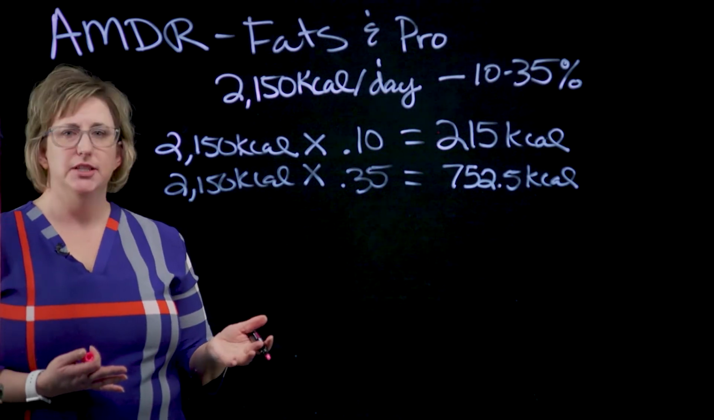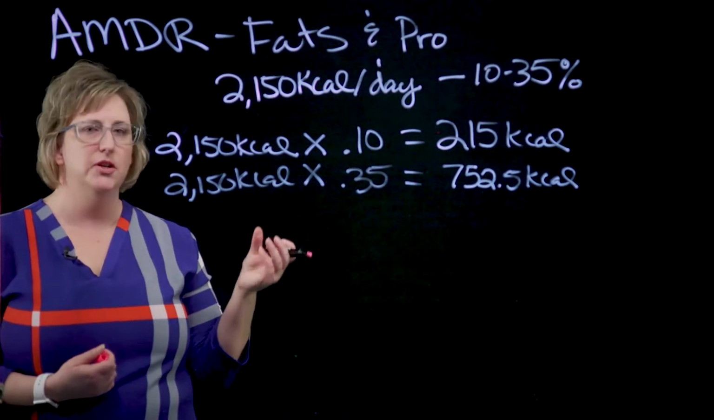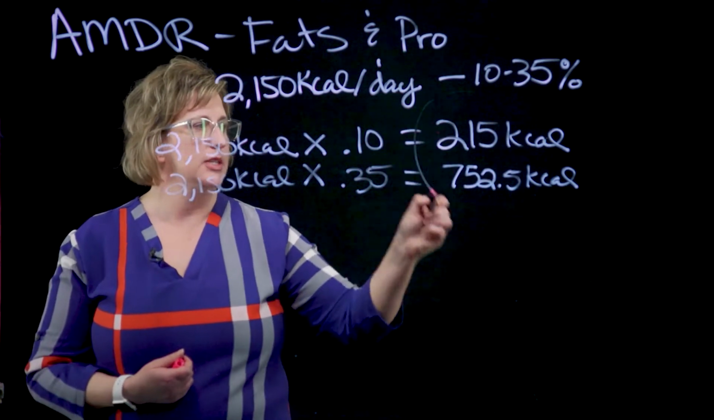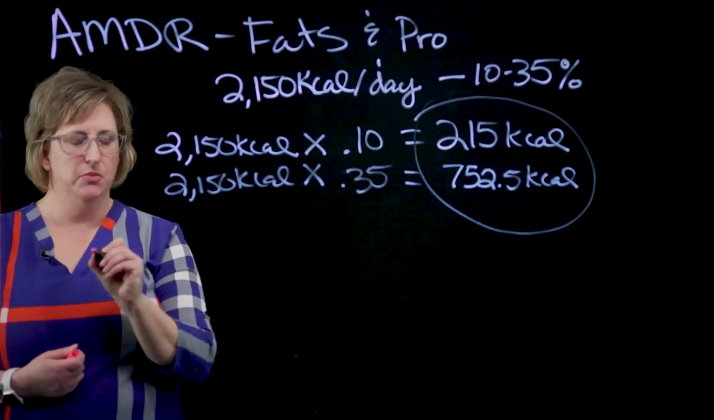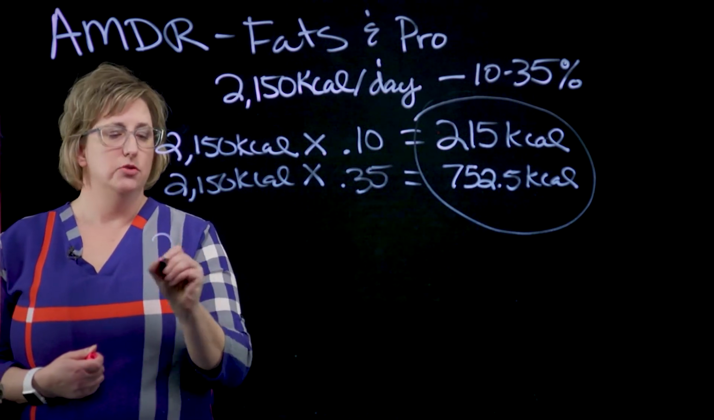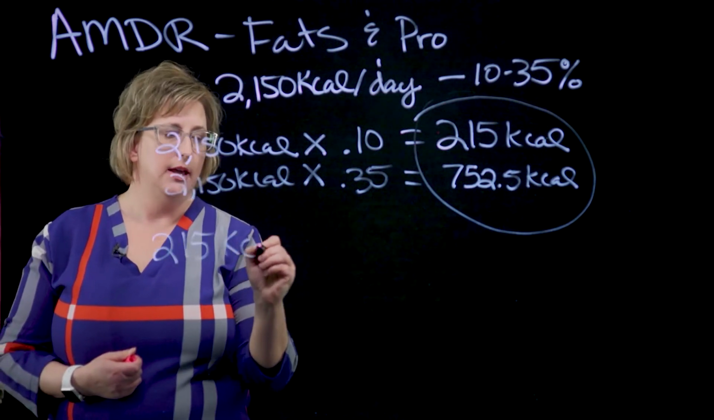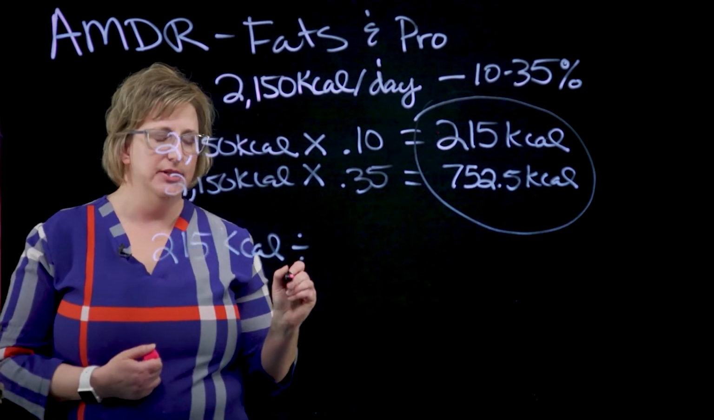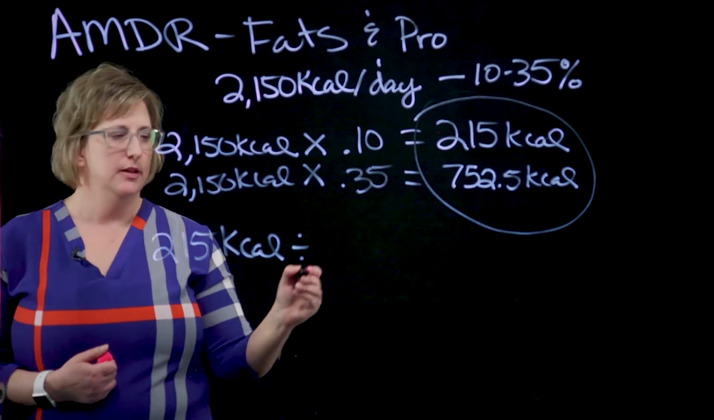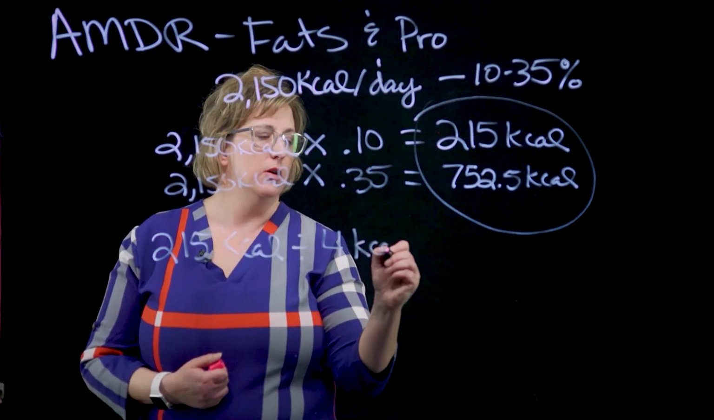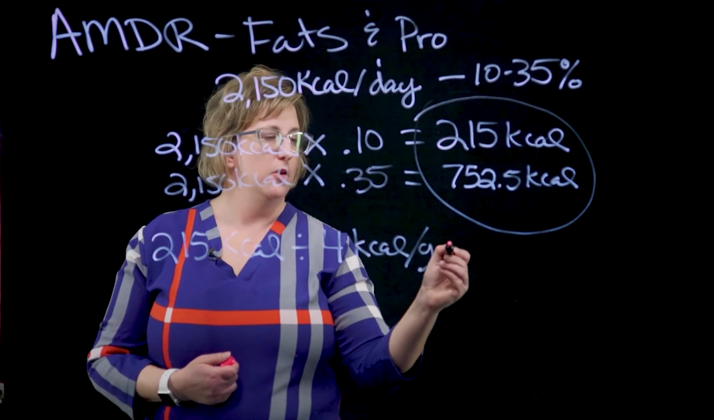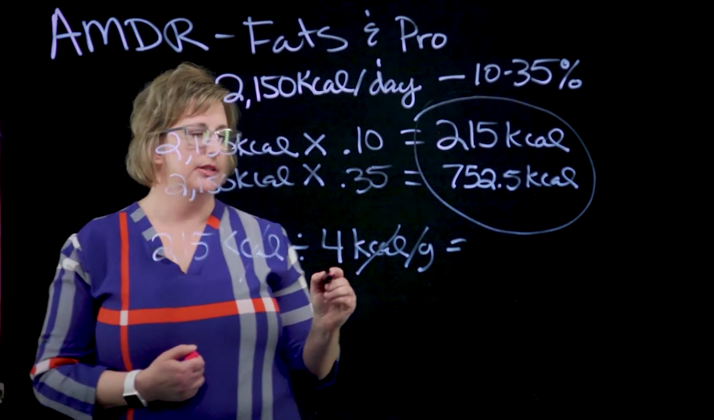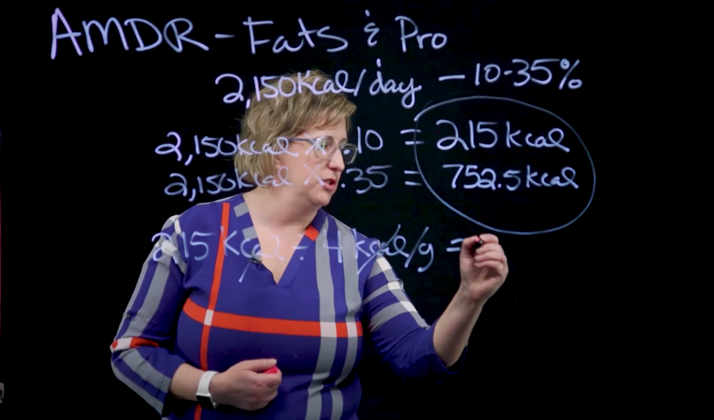But the average consumer doesn't know what to do with this number, so we should put it in grams just like it is on the nutrition facts label. So what do we have to do with these numbers here? What am I going to do? Do you remember from carbohydrate? We took the 215 kcal and we divided it by what? How many calories are there per gram of protein? If you said 4, you are correct. So we take 215, divide it by 4, our kcals cancel out, and what does that give us? That should give us